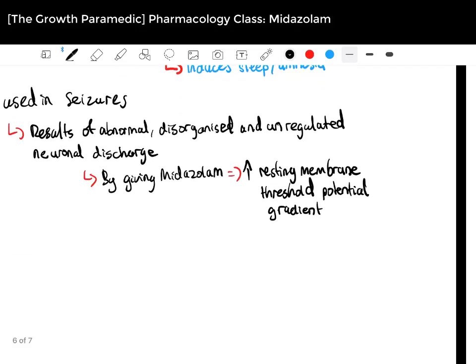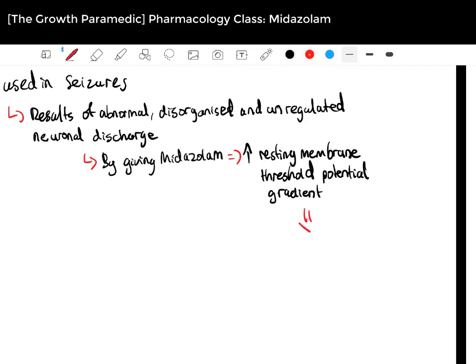And then from there, that leads to a decrease in neural discharge. So by increasing the resting cell membrane threshold potential gradient, it reduces the neural discharge, and because of that decrease